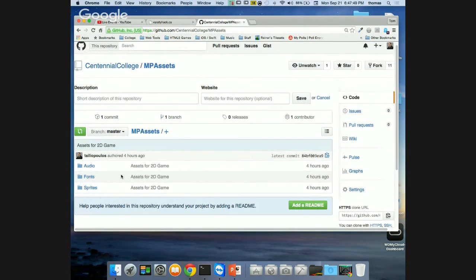Now, I've got to give you some background around this. The game we're going to make, Mail Pilot, is the same game that I've been making since 2011 on different platforms. I've done it in Python with Pygame. I've done it on Android. I've done it with the Starling framework on ActionScript 3. I've done it with JavaScript for web game programming,